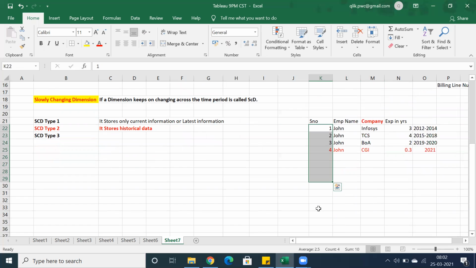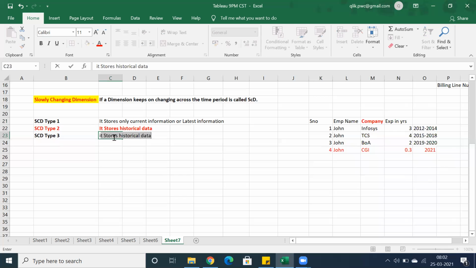For SCD type 1, every time it will store only one record, one row. But type 3 stores current and previous data, not historical.